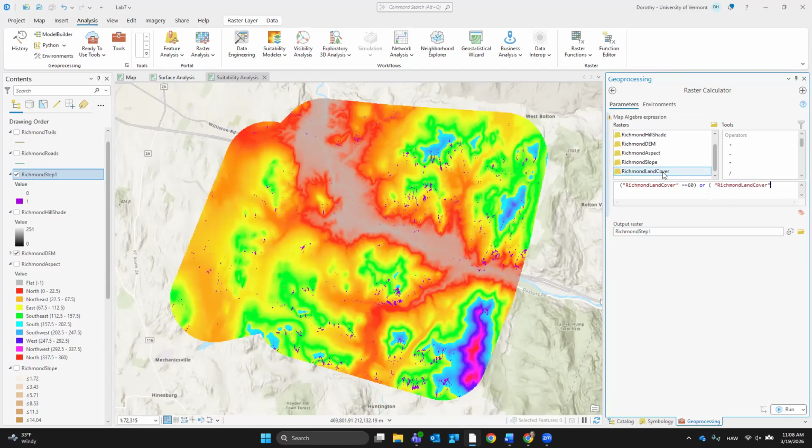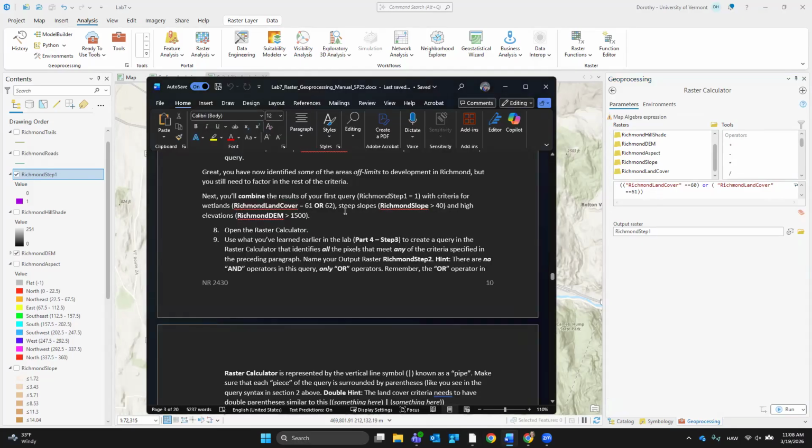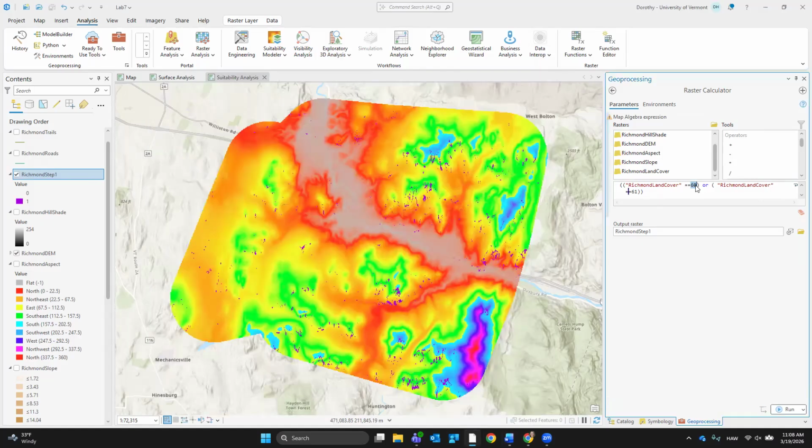Richmond land cover is equal to 61. Okay, and I'm going to do double parentheses there because there's 2 things within 1 feature class, right? What else does it want? It wants 60 or 61 or 62. Oops. So this is supposed to be 61 or 62. There we go. Always double check your stuff.